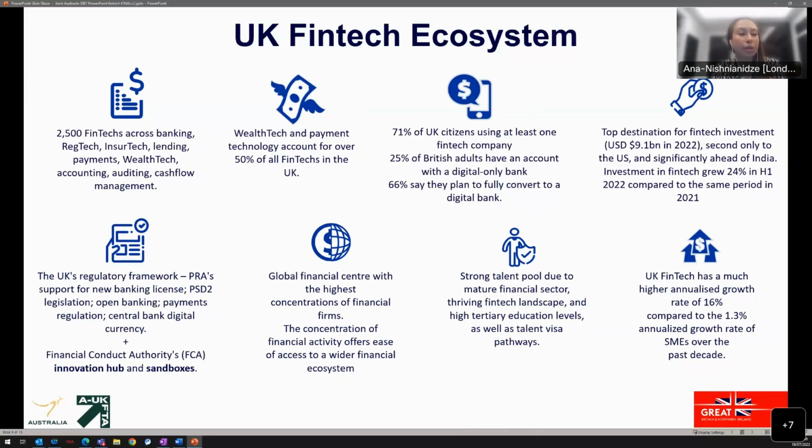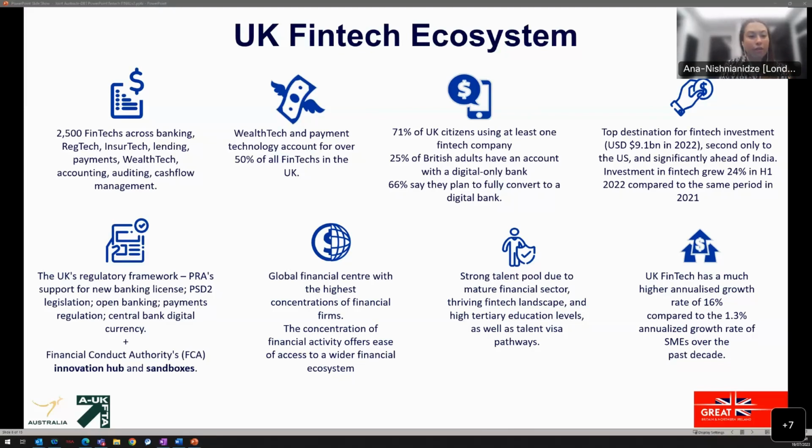So Stu touched a little bit on the Australia-UK FinTech Bridge and the regulators working together, which is obviously a great advantage. But outside of that, the UK's regulation has always been ahead of the curve when it comes to financial services. There have been a number of initiatives over the last 10 years that made it a very interesting and attractive environment for fintech businesses to innovate, and really drove the creation of a strong fintech ecosystem in the UK. So whether it's the open banking legislation, which the UK led on, and then Australia adopted into the Consumer Data Right,